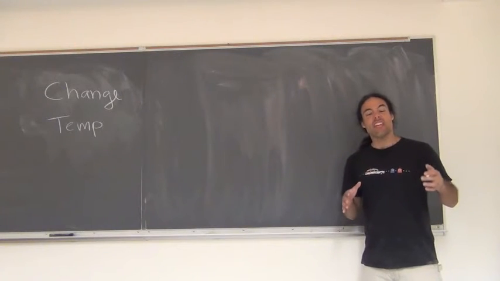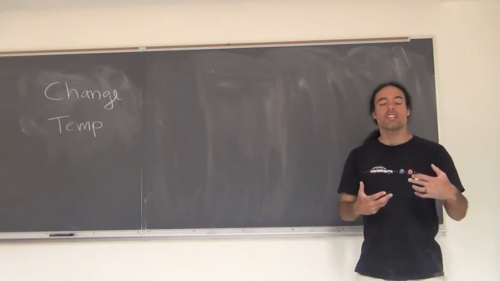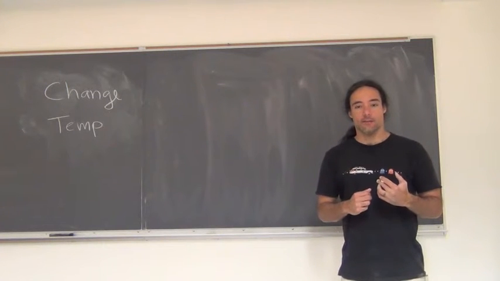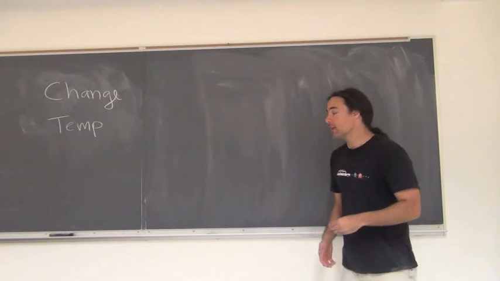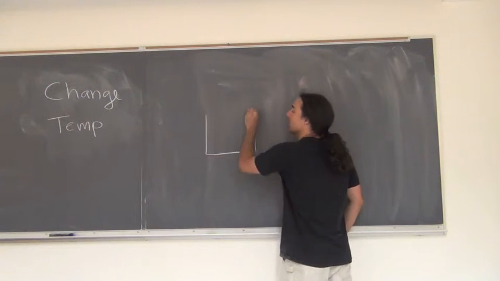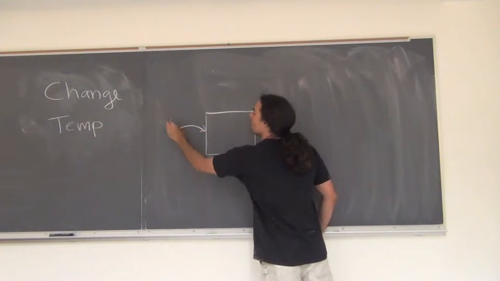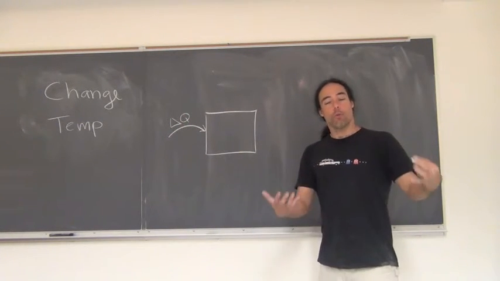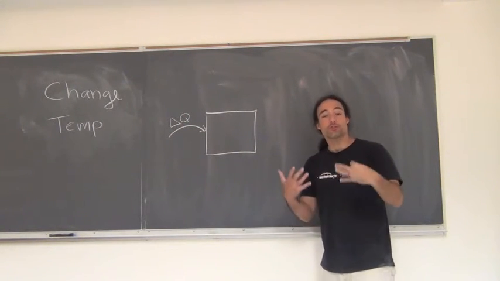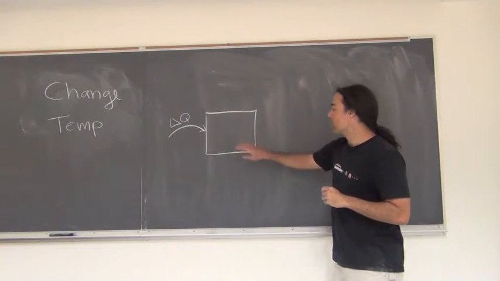Heat capacity is quite literally an object's capacity for storing heat. If something has more capacity for storing heat, that means that I can dump a lot of heat in and not have the temperature change. Why? Because it has a lot of capacity for storing that heat. However,